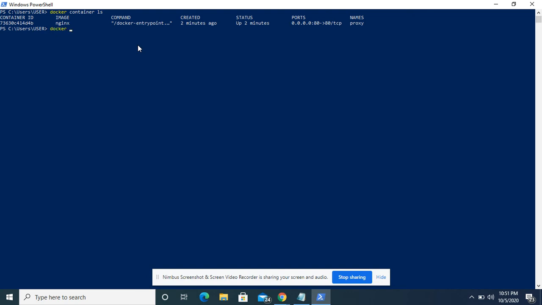I'll type docker container stop and the container ID. You can define just the starting three digits of your ID. So it's being done now.